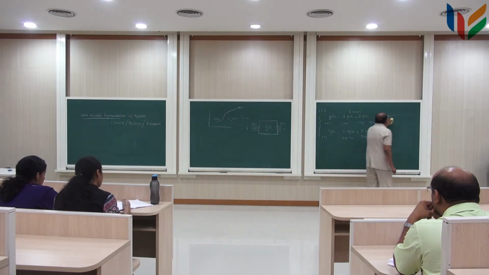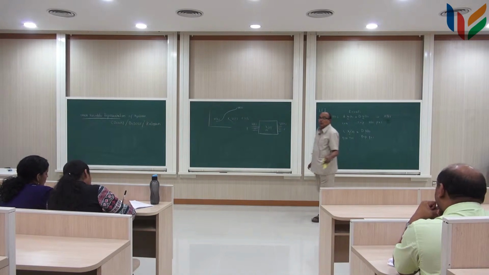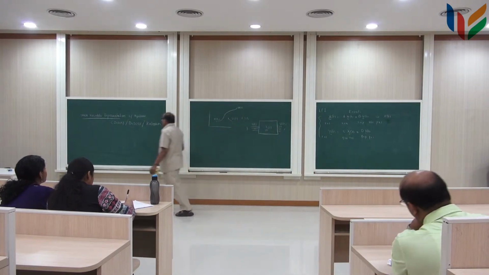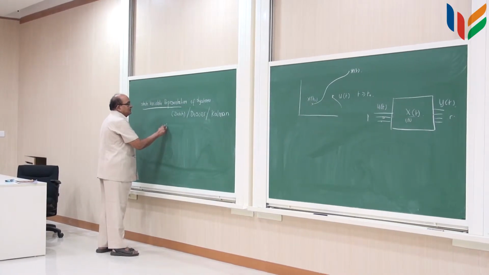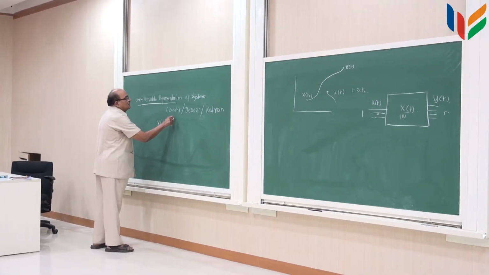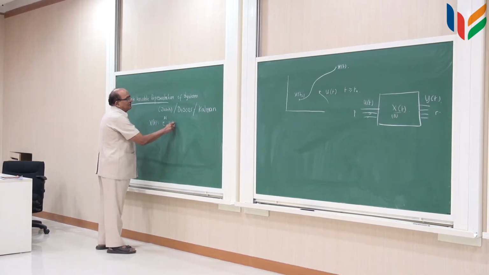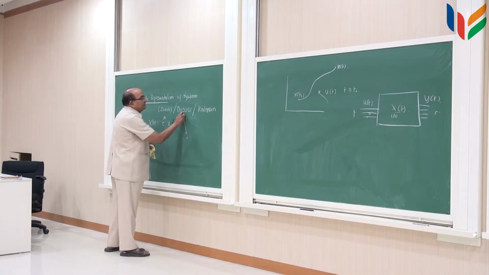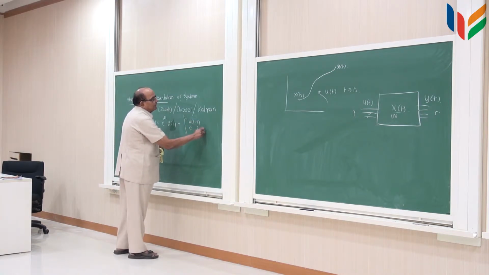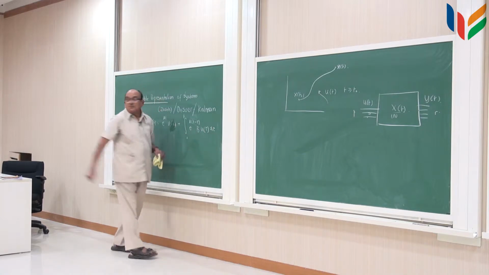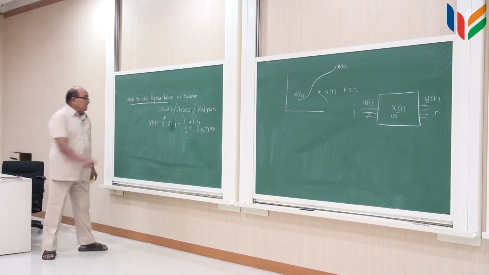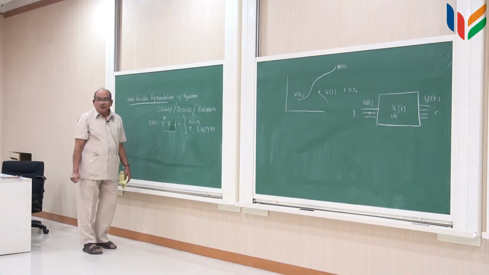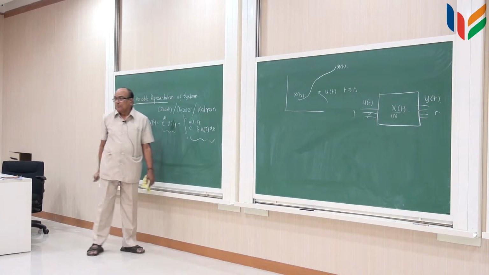And what is the solution for x of t? That we did in 101. x of t came out to be equal to e to the power of at x of t 0 plus integral, I am taking t 0 as 0, right, and this is the response due to initial conditions and this is the response due to external inputs.